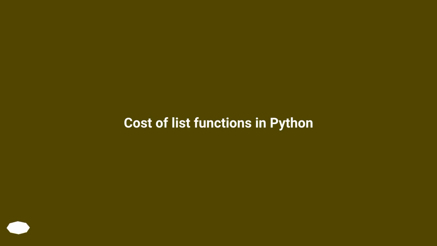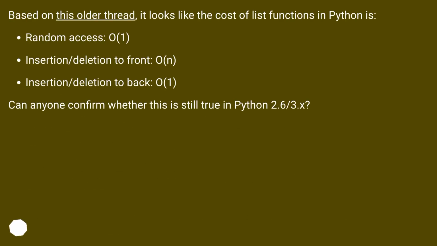Cost of list functions in Python. Based on this older thread, it looks like the cost of list functions in Python is: random access O(1), insertion/deletion